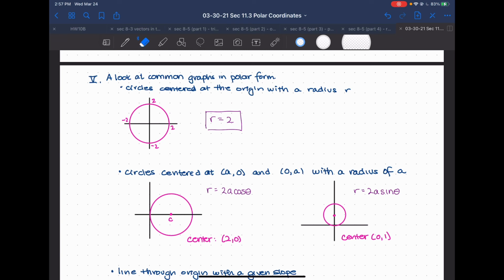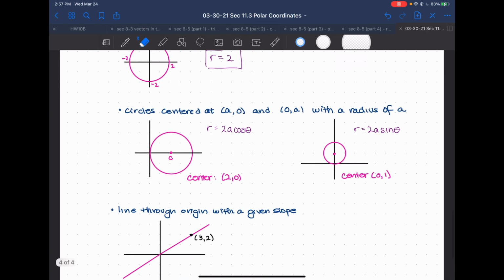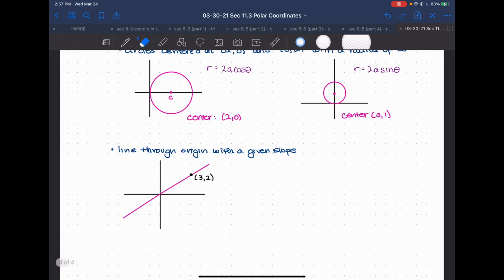And again, you can make a table of values to figure it out. If you want to describe a line through an origin with a given slope, we can see that with this guy, we can easily make a right triangle. So we can see that tan theta is going to be the y over the x, which happens to be the slope, whatever the slope is. Now, if I just give this a little subscript, so we'll say tan theta sub 0 is equal to 2/3, then I can solve for that angle